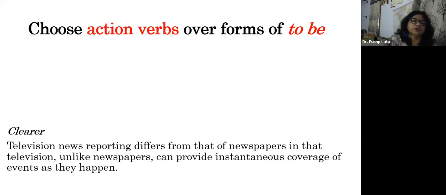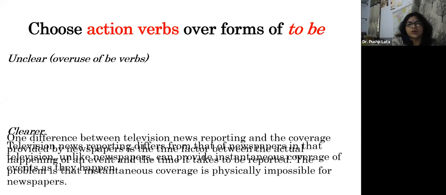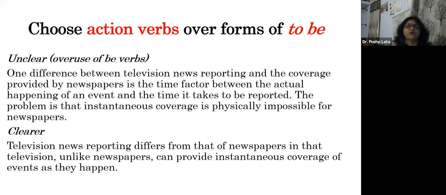Okay. So we should avoid multiple negatives. You know that multiple negatives make your writing more recondite, more abstruse. So you need to avoid that and use the affirmative constructions. Choose action verbs over to be, because if you're using too many linking verbs, that also makes your writing unclear.